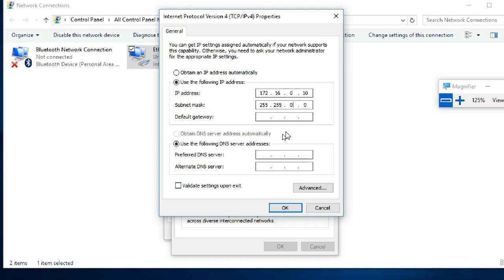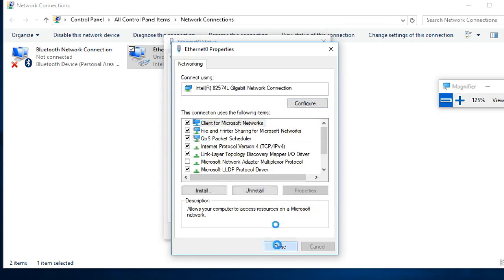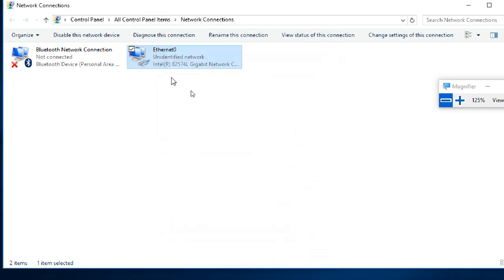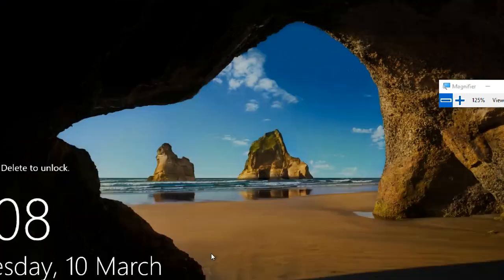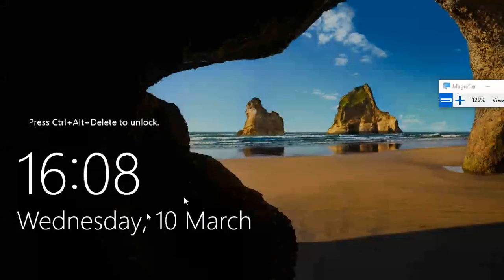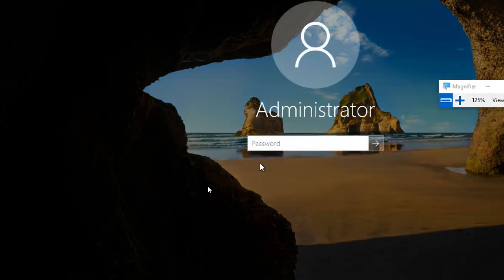Okay, that's it. We will come to this point again, but currently up to here. We'll come back to the preferred DNS, and we don't have any router here, so we don't worry about the default gateway. Leave it. We have to give the server IP address, and I will tell you why. I'm keeping it like this, not closing it, and I will come back to it. So my server is restarted.